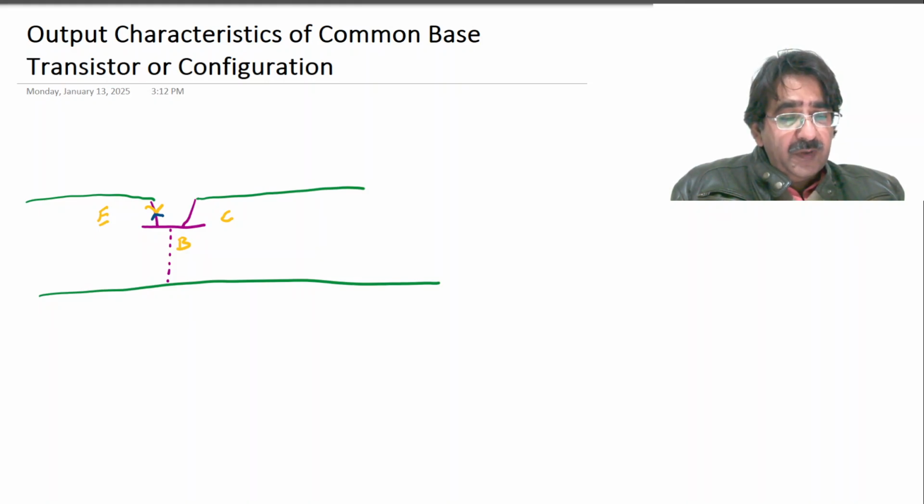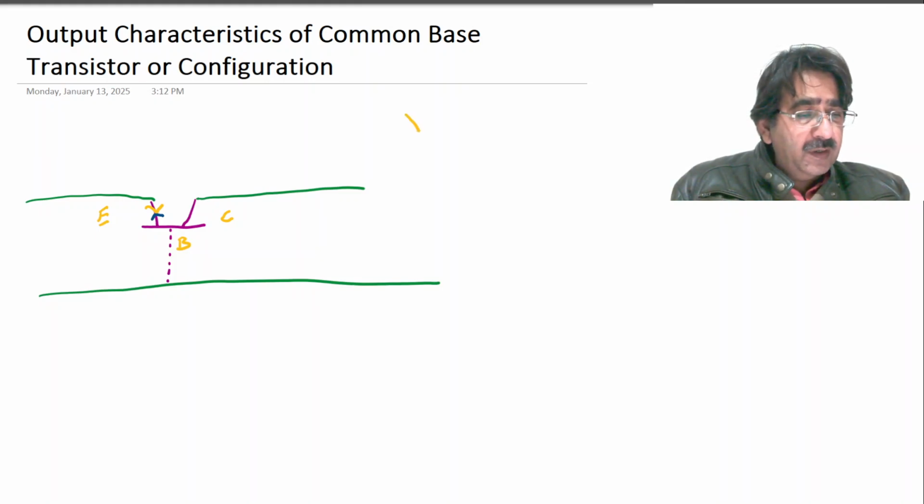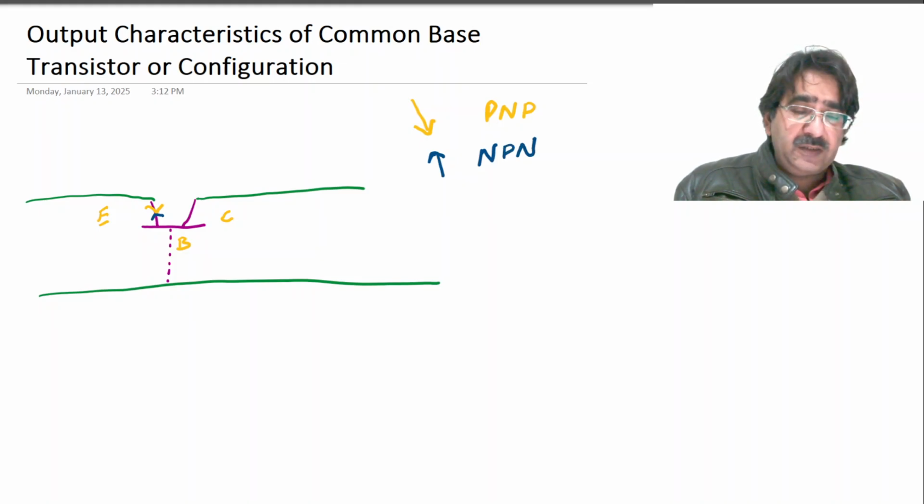So if the arrow is downward, toward the base, then that represents a PNP transistor. But if the arrow is upward, then that represents an NPN transistor. As we know, in a PNP transistor,